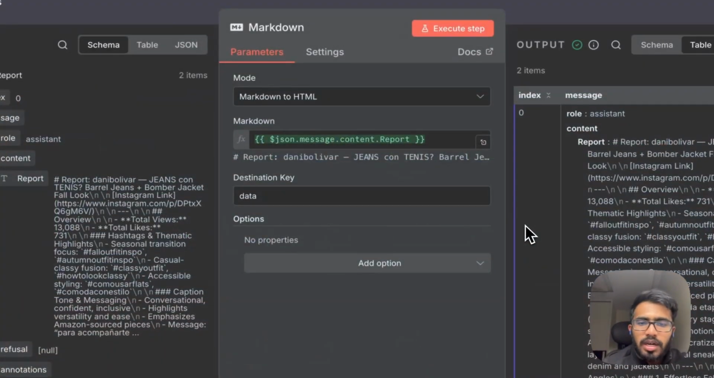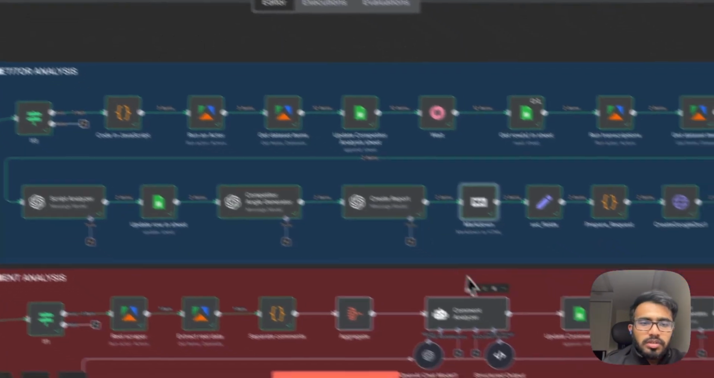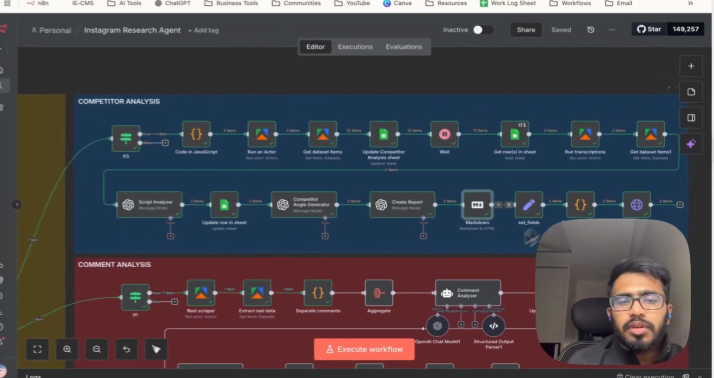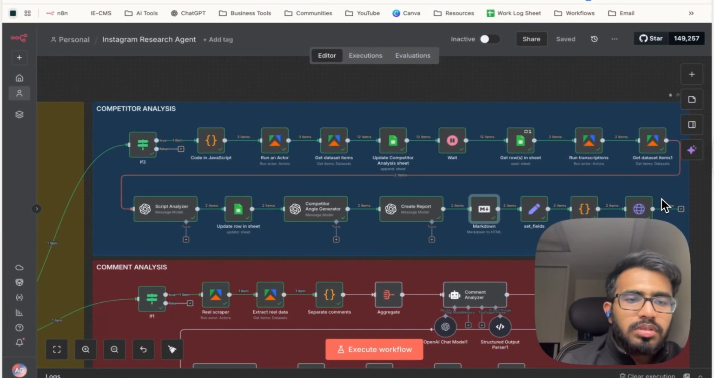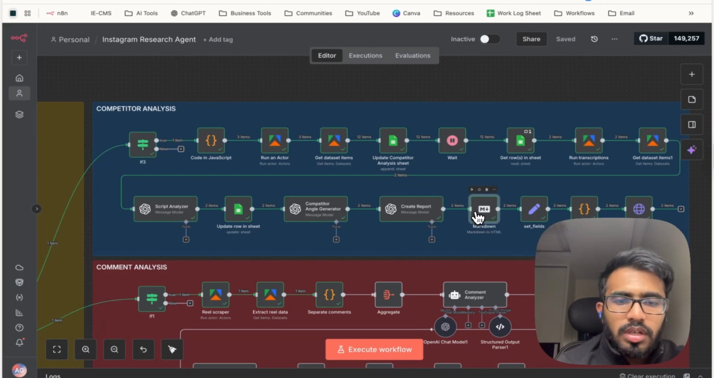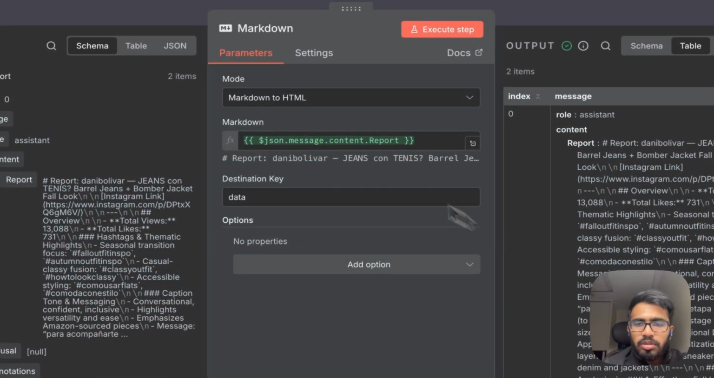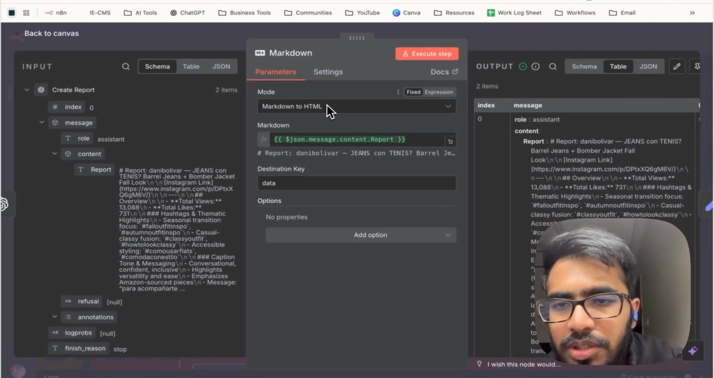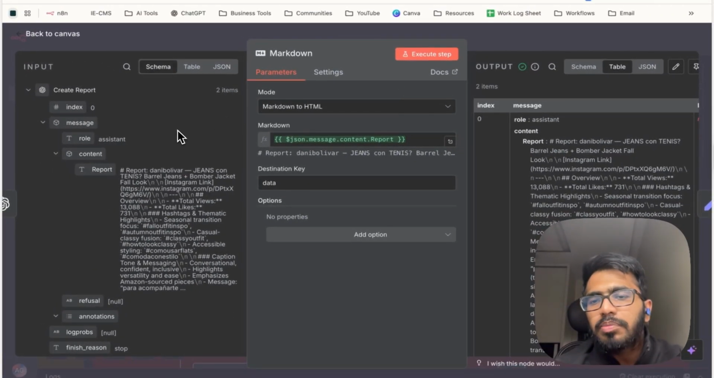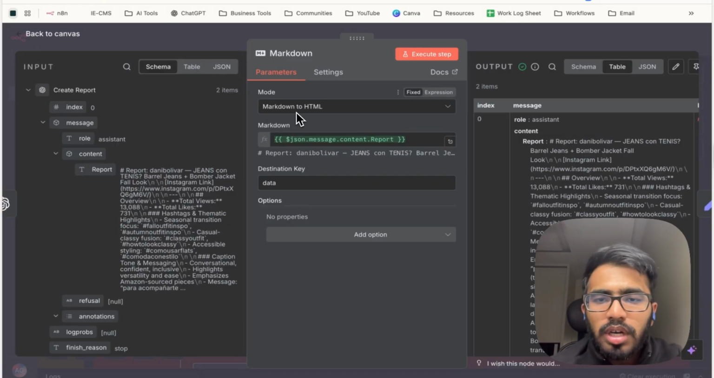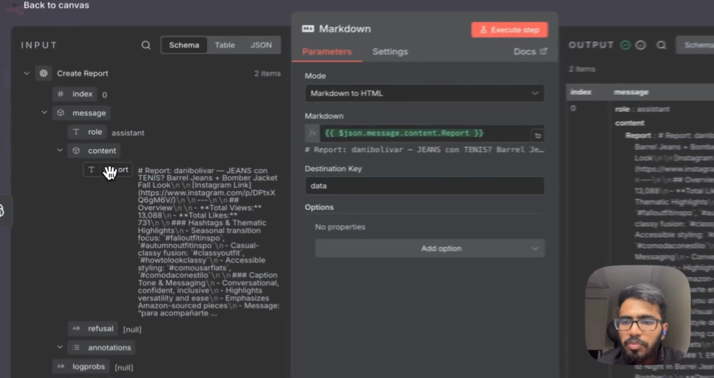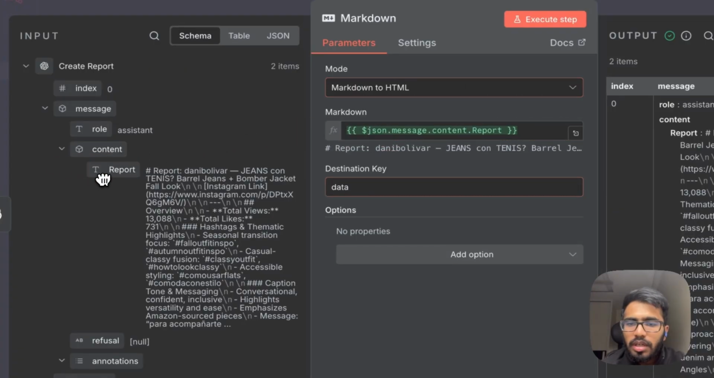And now we have the markdown node here. From this stage, these 4 nodes will be common in each workflow, and the aim of these nodes is to get this created report onto a Google Doc. Okay, so the markdown node here, the mode will be markdown to HTML, since the report that we have created in the previous node was in the markdown format, and to paste it to Google Doc, we need to convert it into an HTML format. The markdown field will be filled with this report value here,